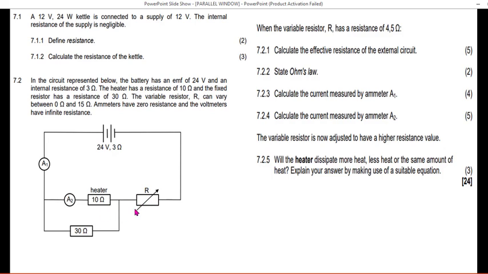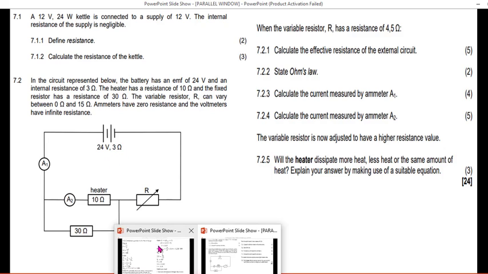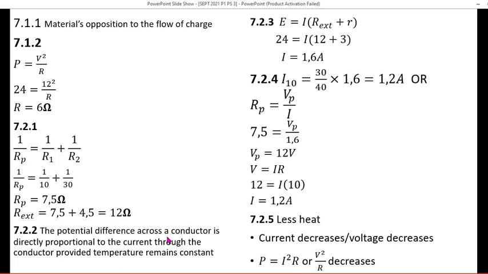External means the resistors that are outside the battery; it does not include this 3 ohm. So we can look at how that is worked. We start first by adding the parallel together, using the parallel formula, which is